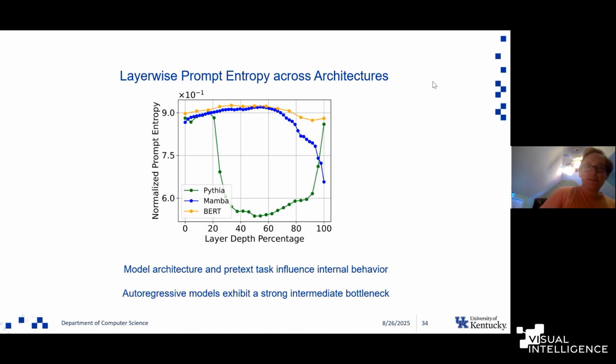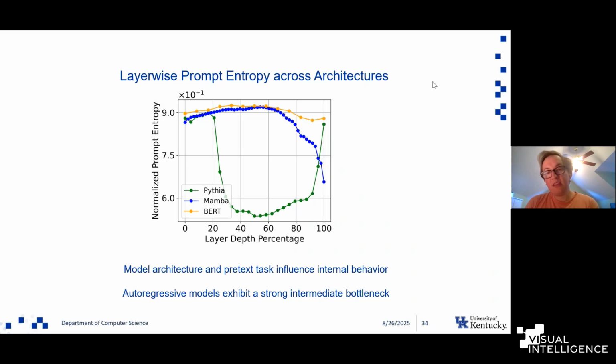This was pretty shocking when we first saw it, because we understand how these models are trained. It's a pretty simple loss just to predict the next token. There's nothing in the loss function or the architecture that's telling it to do this, to have this intermediate compression. One hypothesis for what's happening here is that the model is learning very abstract representations in the middle, taking this prompt and compressing it to something that's more abstract and more semantically meaningful.